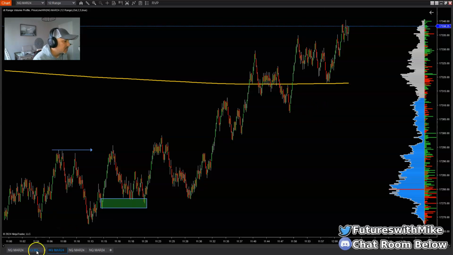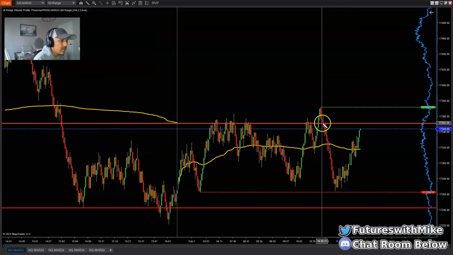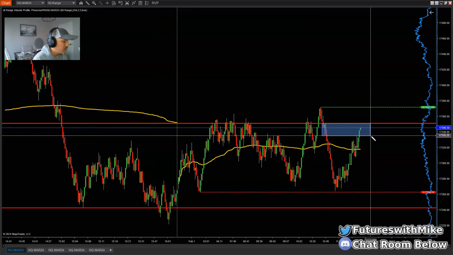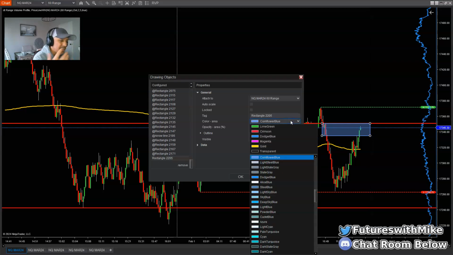Is it rejecting? So let me do this. I'm just going to show you. Let's draw the zone out right quick. It's this area right here. Now you see it digging deeper into it. So be mindful of stuff like that, because in the time frame in which we're at right now, 12 o'clock Eastern time,